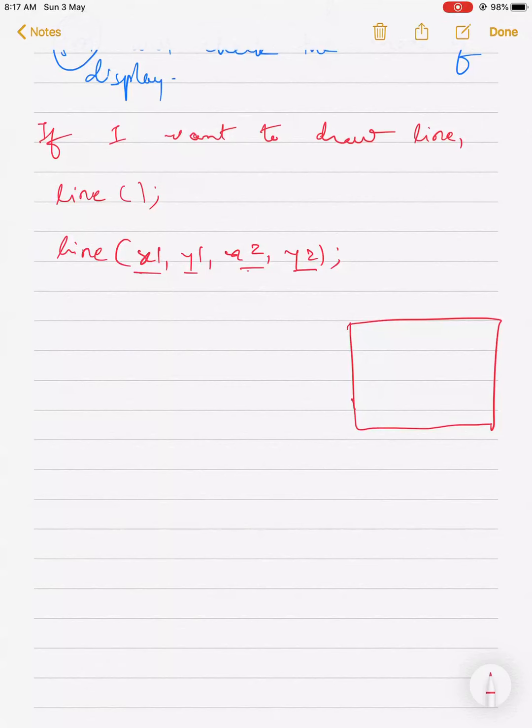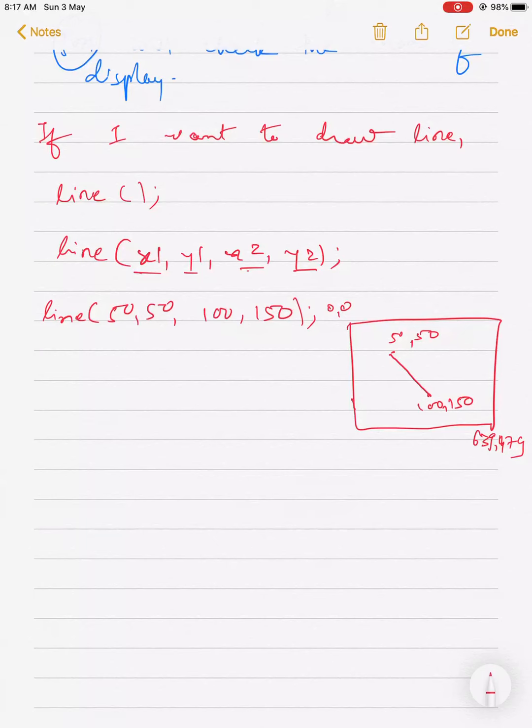which consists of 0, 0 to 639, 479. So if I put like this, line(50, 50, 100, 150), for example 50, 50 is the dot over here, from there I have to go towards 150. So this will be like 100, 150. This kind of output you will get in the screen.